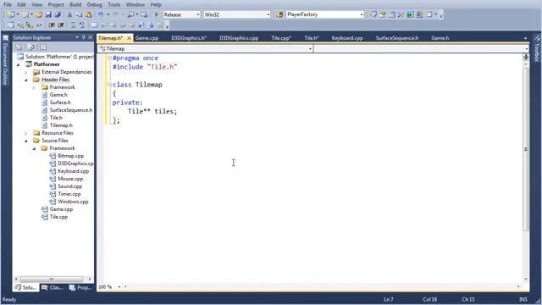Call that tiles. Int. I feel like I want to make these constant too. Constant int width.